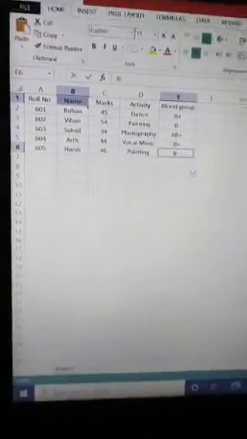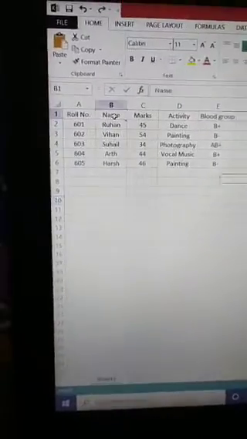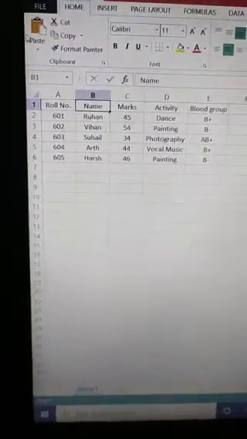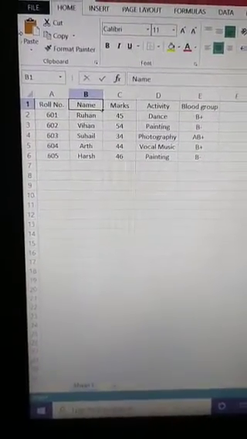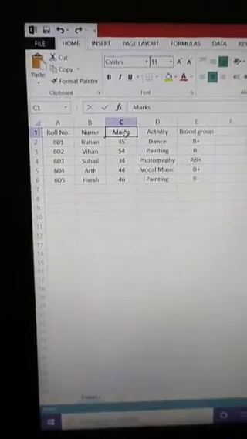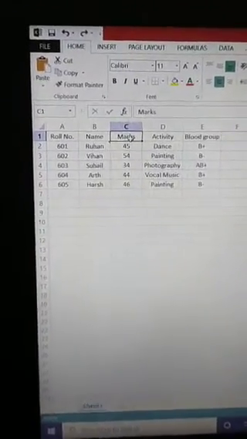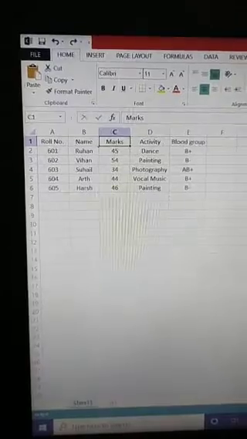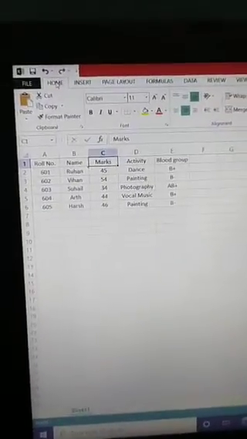Okay, now we can also select a range of cells by using the Go To command. How? At first click the cell at one corner of the range. I have clicked here at one corner of the range. Now click the Home tab. This is the Home tab.